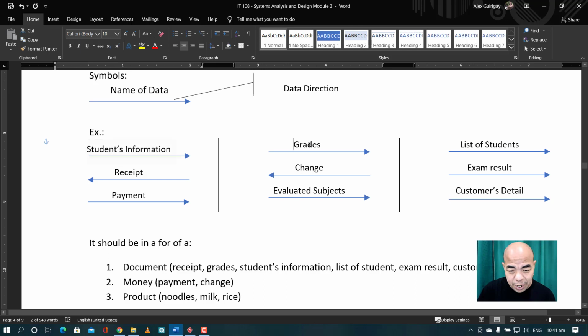It could be grades, papunta rin doon. It could be a list of students. It could be papunta rin doon. Or it could be a receipt. Dito na papunta. Okay? By the way, this is just an example. It doesn't necessarily mean that when it is students information it really goes to the right. Okay? It doesn't mean that grades always go to the right. No. This is just an example wherein